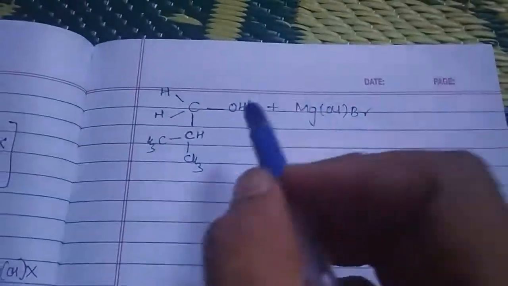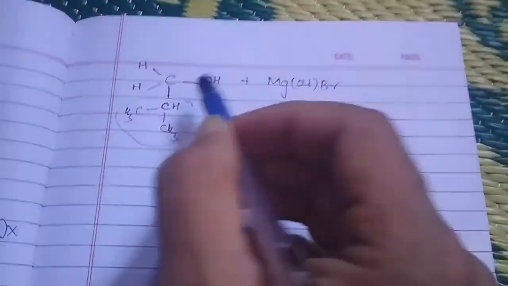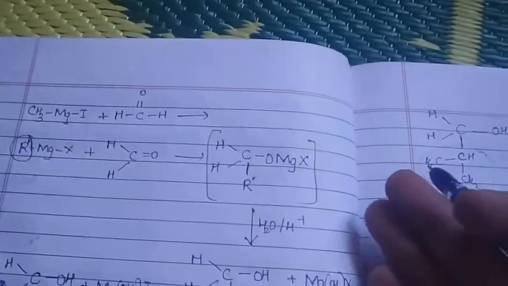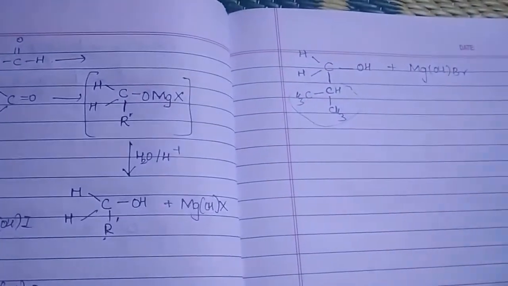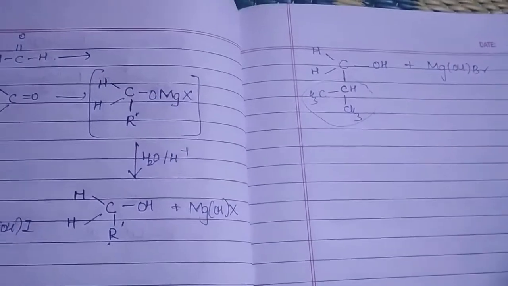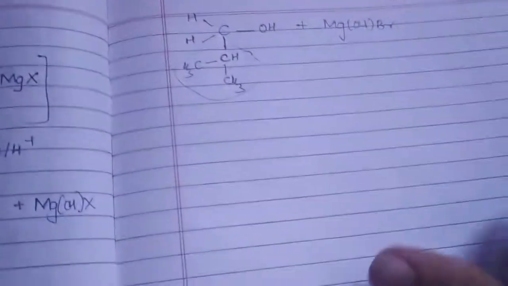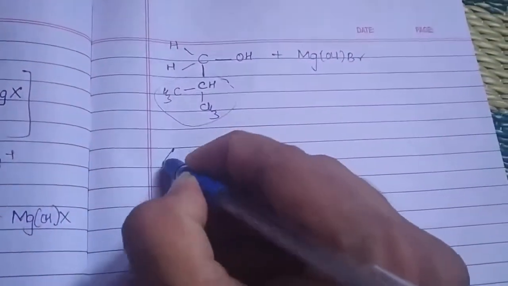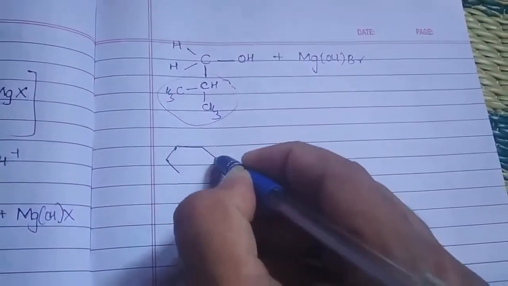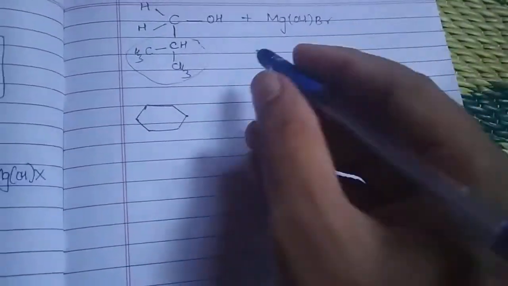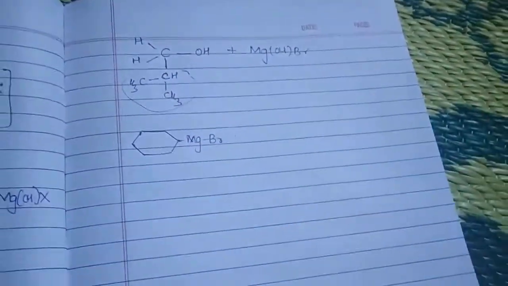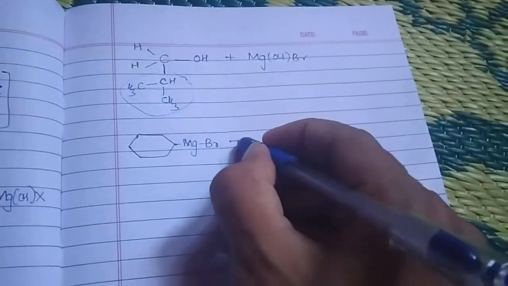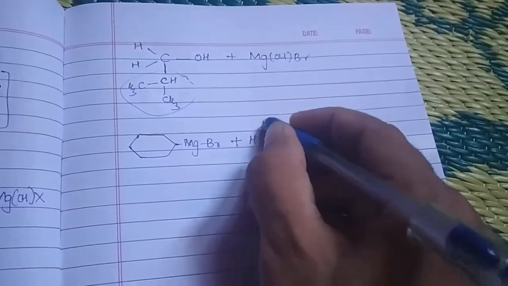For that reason I said, see how bulky the group is. If you took this group and did it in a normal way, it would be confusing. So it is better to write it in a general way, and then substitute your alkyl or aryl groups. Similarly, let's look at one more example. Let me take a cyclohexane attached to magnesium bromide. Now let us take this when it's treated with HC double bond OH.